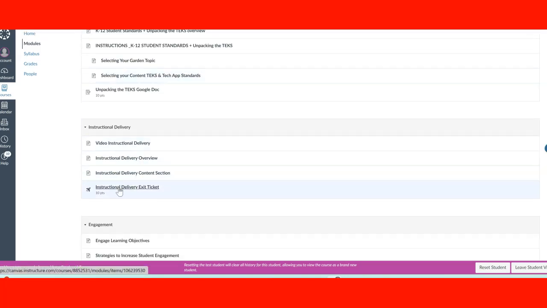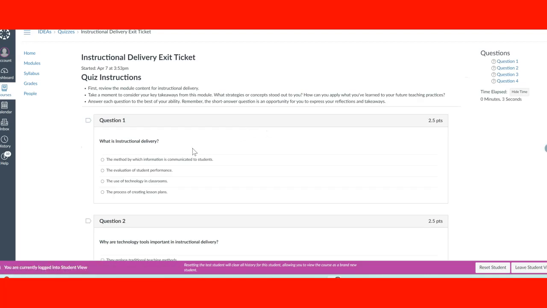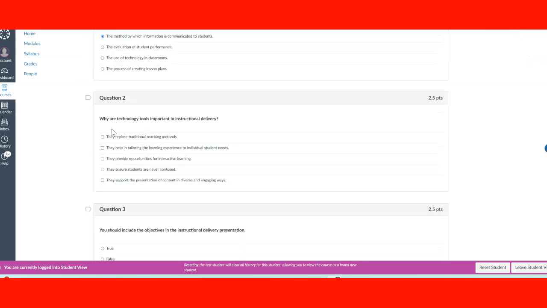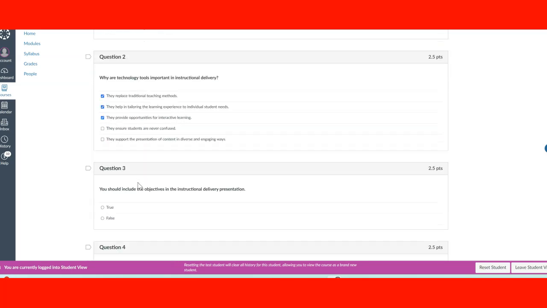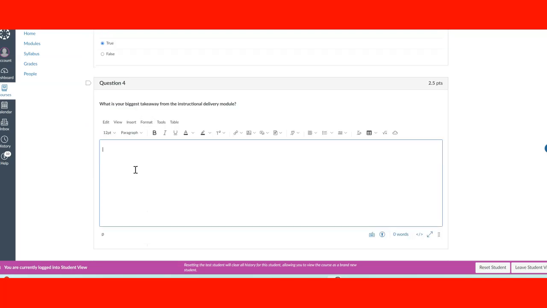For the instructional delivery, I designed for you a mini quiz where the students will kind of have an exit ticket. The first one is selecting what is instructional delivery, why are technology tools important. This one's multi-select. They can choose as many as they want out of there. A true false, should the objectives be in the lesson, and then also a short answer for what your biggest